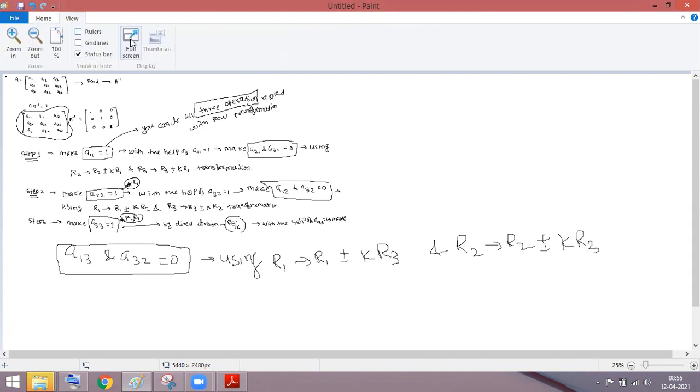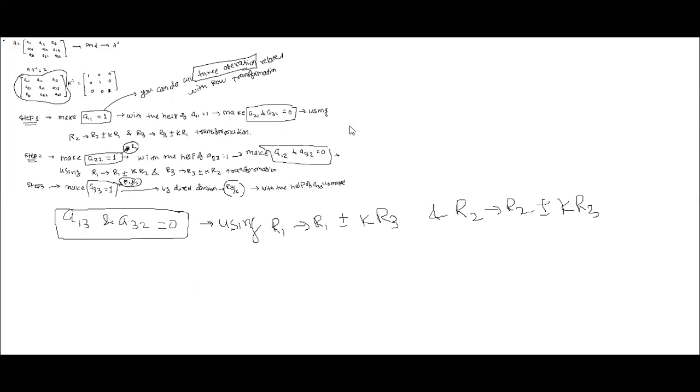So this is all about the 3 steps. If you do these 3 steps correctly, you will get the correct inverse of the matrix. You don't have to think of anything other than this. It is written in the book, but keep it in your mind: what to do in the first step, second step, third step. You will get to know how to find the inverse of any matrix. Clear with this?